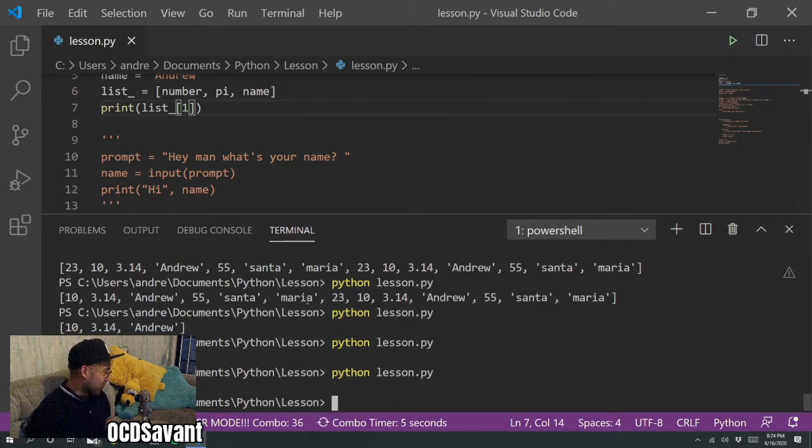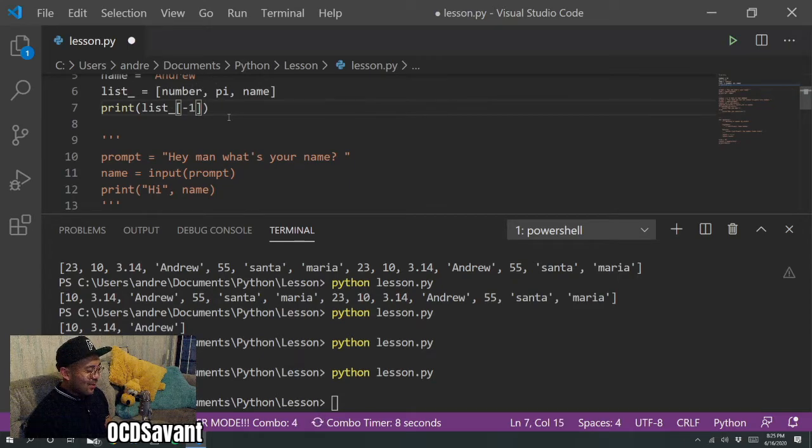So, a good rule of thumb is whatever element n you want to access in a list, you use index n minus 1. And then there's a little thing called slicing. This is pretty helpful. Oh, I'm sorry. Before I get to that,